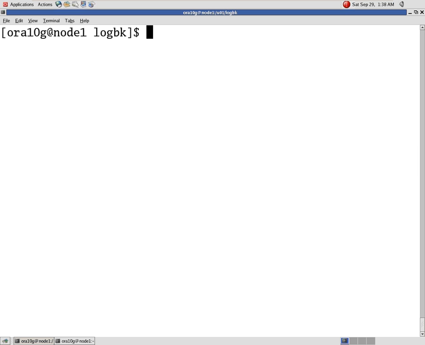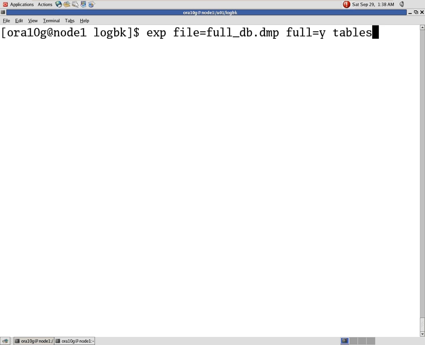If I want to take the complete database level, how can I take it? Export file equal to full db.dmp, full database, and the full parameter, full equals y.